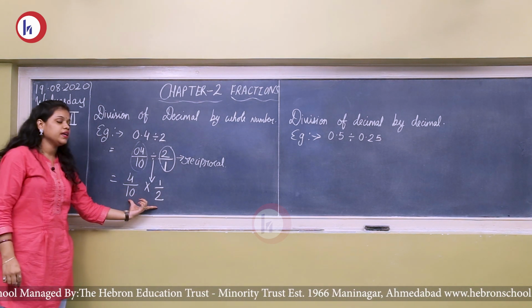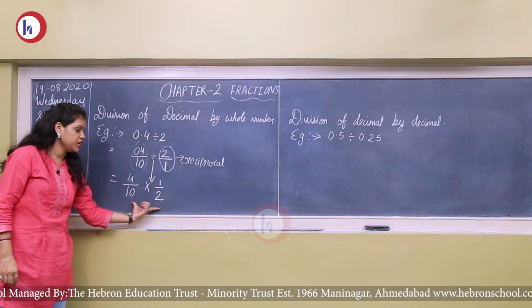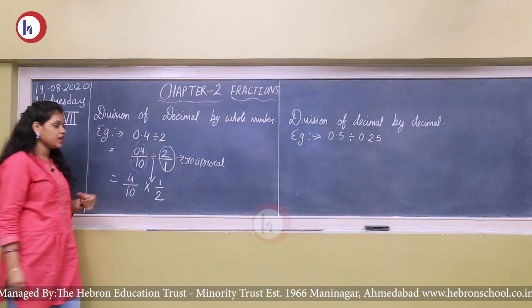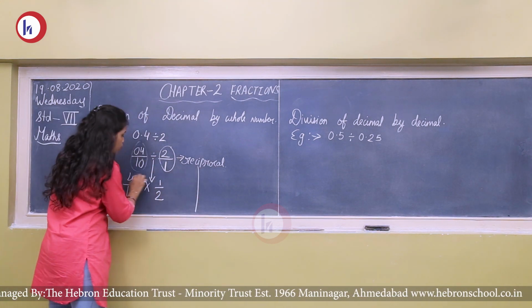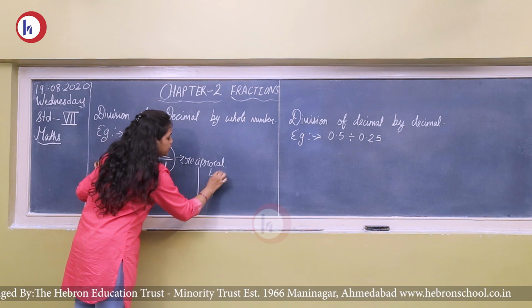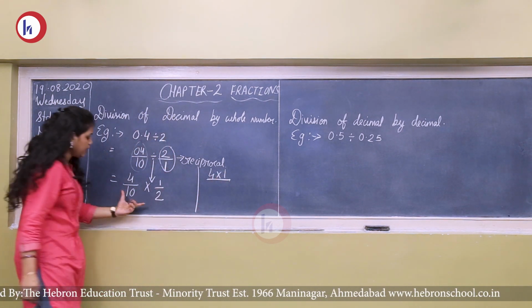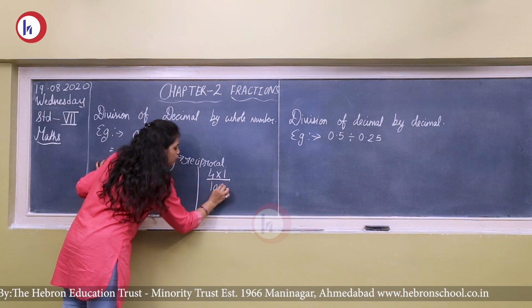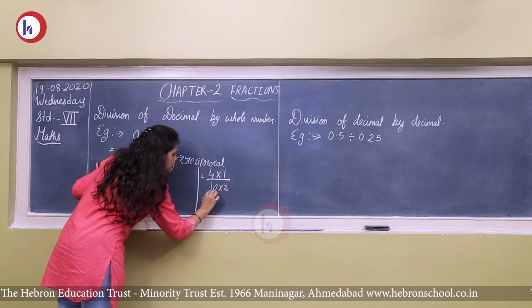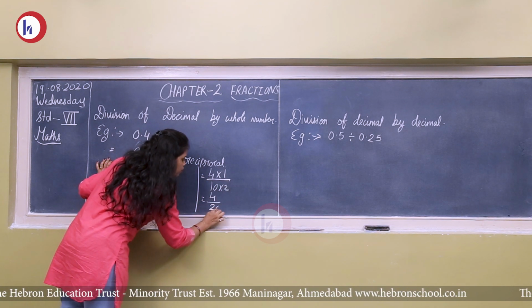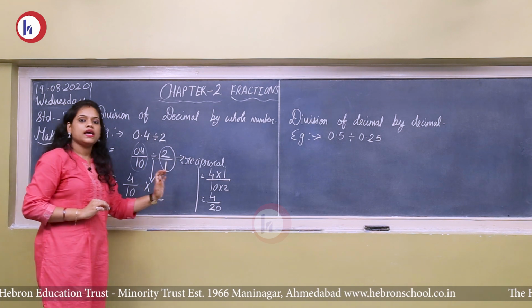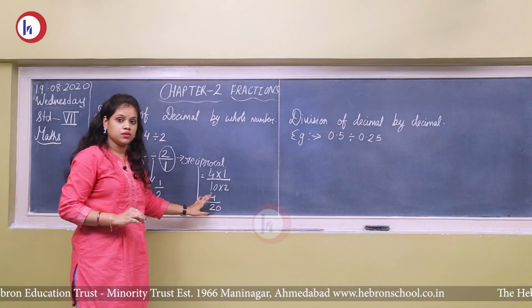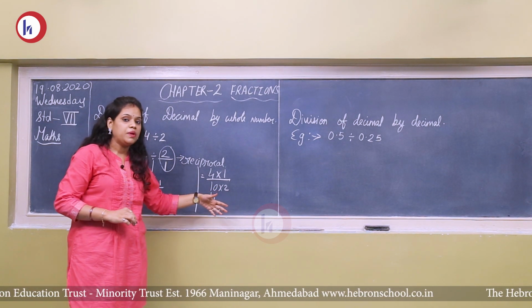अब आपको दिख रहा है ये क्या हो गया? Fractions का multiplication. Now you know how to multiply fractions. 4 with 1, that is numerator multiplied by numerator, and denominator multiplied by denominator. So your final answer will be 4 upon 20. Now as I have explained, you can reduce it and convert it into the simplest form.